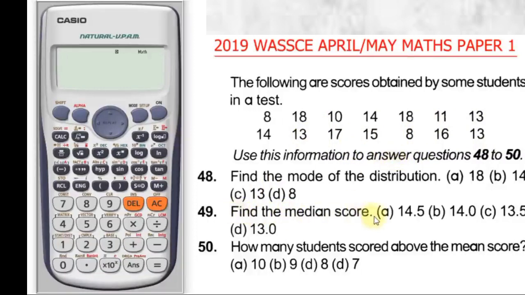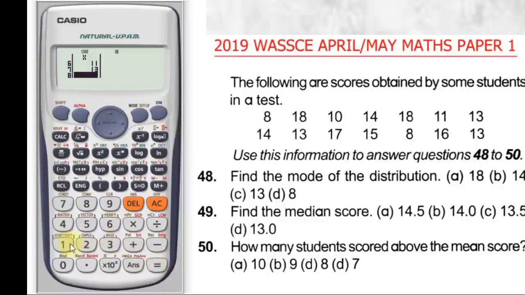Now let's find the median score of this particular scores obtained by students in the test. We need to go to the statistics mode, so we'll press mode 3, okay, and then we need to input these values. We just press 1, and we need to input all these values as they are presented. I don't want to do group data. I don't want to bring in frequency. Let's just take them straight as we are given. So in the first case, we have 8. I'll press equal to 18 equal to 10 equal to 14 equal to 18 equal to 11,